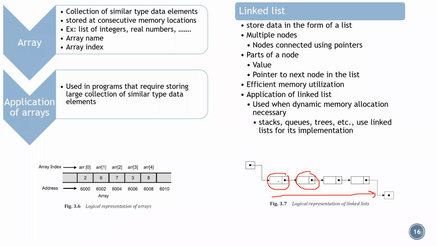So here what happens is, if I have to provide a linkage between, say, this first node and the second node, what we do is we see what the address of this node is and store that address. So it gives the information that at this address, the next element is there. Next one, at this address, the next element is there. So therefore, we make use of pointers in the nodes. These are called nodes.